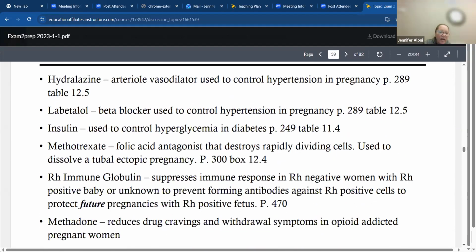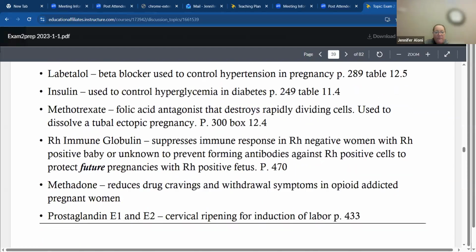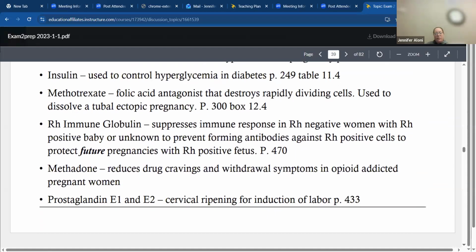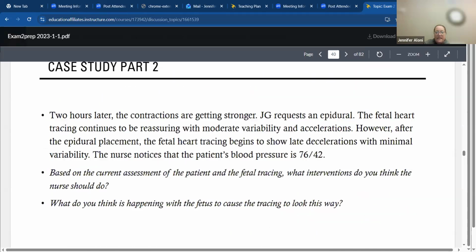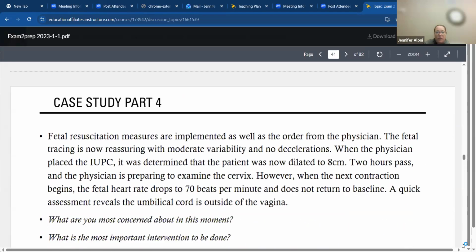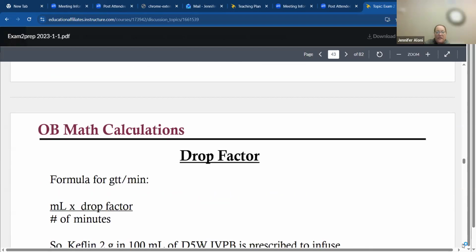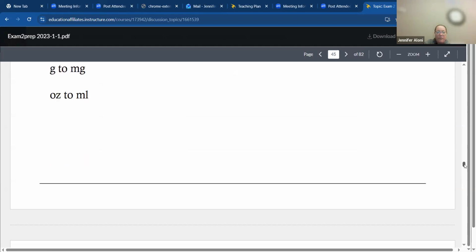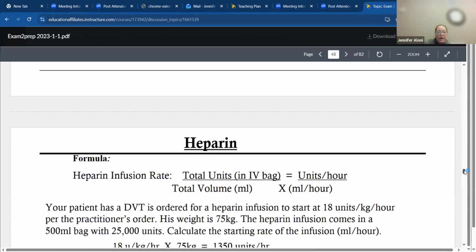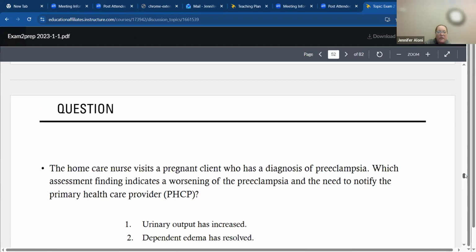Some more: hydralazine, labetalol, insulin, methotrexate. We're going to have methadone, which is something that a lot of the women will go on if they're addicted to opioids. We have prostaglandin. And then there are some case studies on this PowerPoint that we're not going to go through. But I want you to think about all the things that we've covered. For your meds, you're going to have 5 problems on your test. So look at this PowerPoint that is in